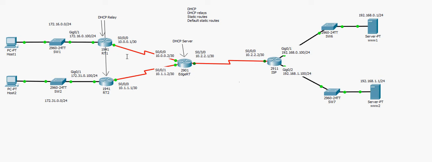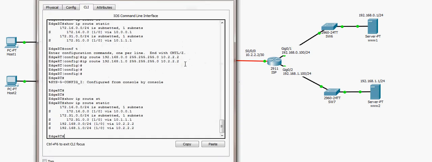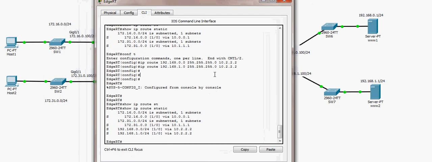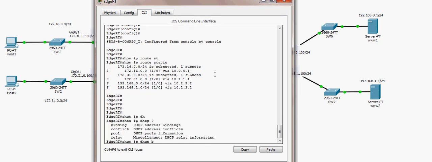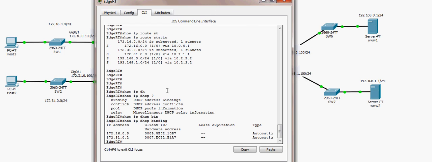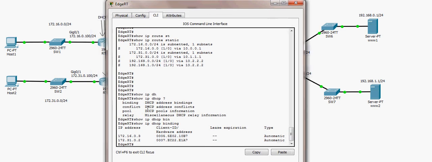Make sure that routing tables are configured correctly. This is the most important thing. Now, to come back to the DHCP server, I would like to know how many IP addresses are leased. Just show IP DHCP. Now we see how many options. I can check the binding. So from the DHCP server, I see that 2 IP addresses have been assigned. Of course, if I want to know 172.16.0.3, I know that this is host 1 because I have only one computer, but I can always rely on the MAC address to identify the computer,